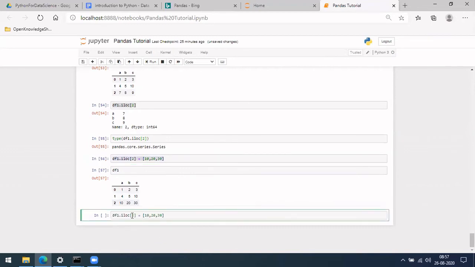So instead of one, I want to manipulate the first and second row. So how we can do it is, let me give in first one list for the first and one more list for the second.